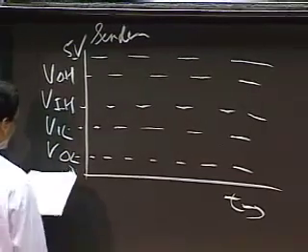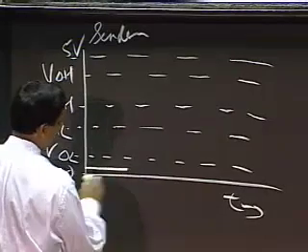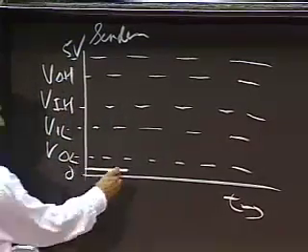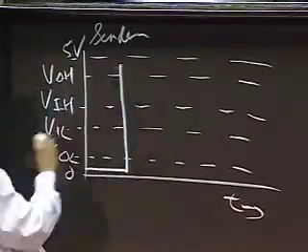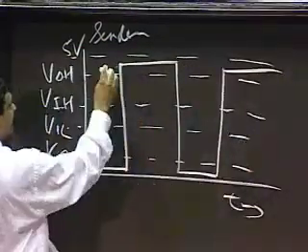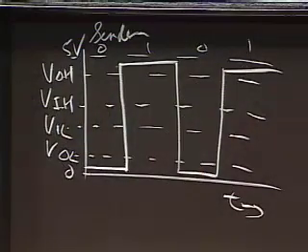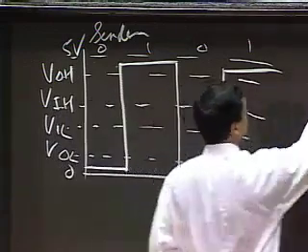And then, as a sender, if I want to send a 0, 1, 0, then I send a 0. I have to be within this band. And then for a 1, I have to be within this band. So this is an example of, say, 0, 1, 0, 1. And at the receiver,